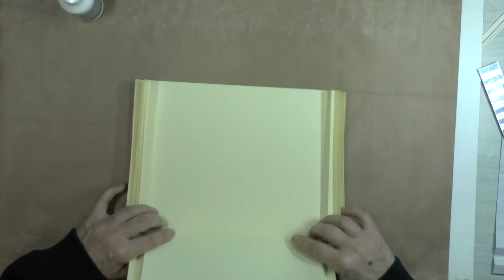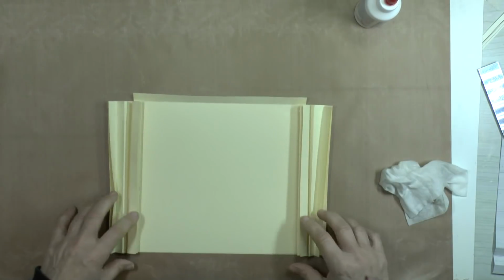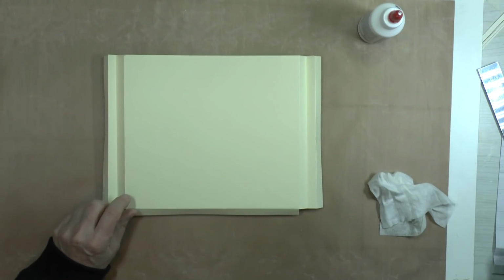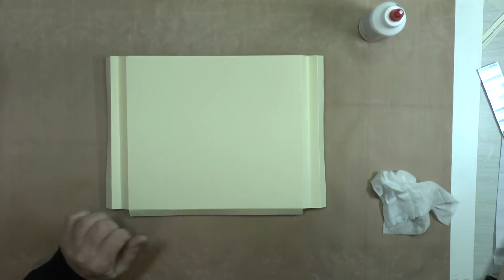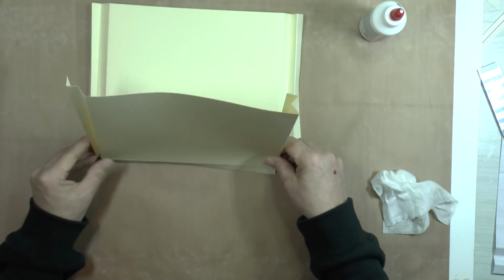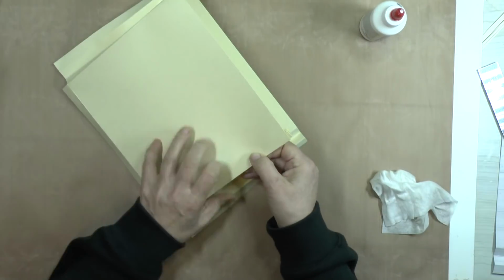So, and this will bend perfectly. So, yeah, this is okay. So this will be the back. Okay, now I'm going to glue the pieces together. I'm going to the front. This is the front. The front. And I will glue those flaps on the second one,